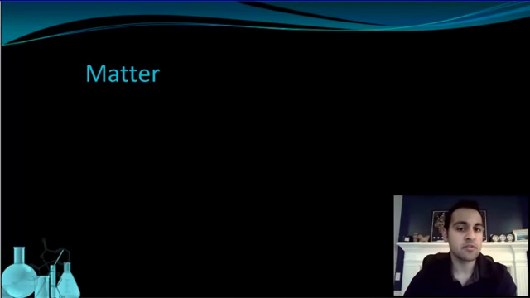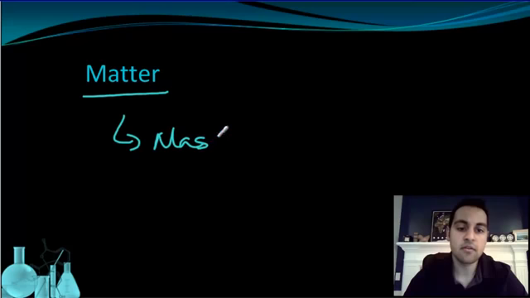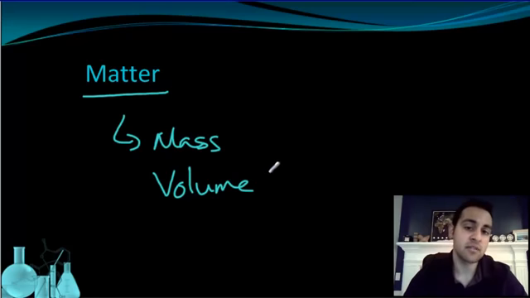To start us off, we're going to review a little bit what matter is. We talked about this a little bit in class, but matter is anything that has a mass and a volume. So it has to have some substance, it has to be made up of some stuff. That's the mass, we can measure that. And it also has to take up space, it's a volume. Both things we can measure, and both things are required for something to be considered matter. And that's going to cover most of the things that you would think about anyway. The air you're breathing is matter, you're made up of matter, what you're sitting in is matter.